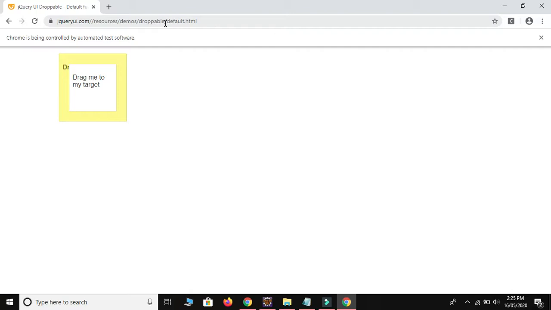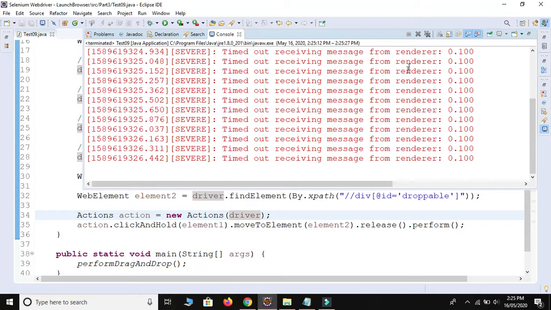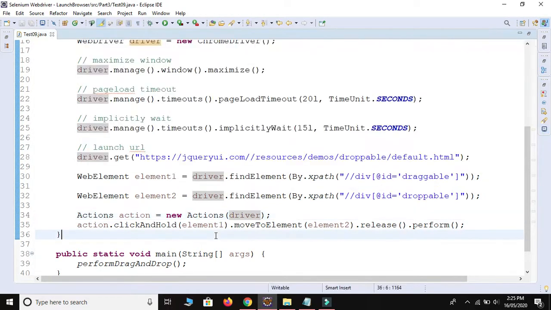Able to see? So we are done with the drag and drop method.